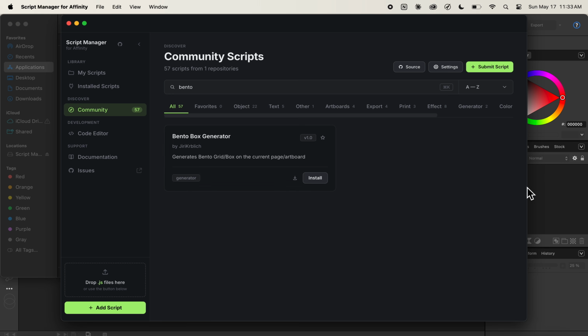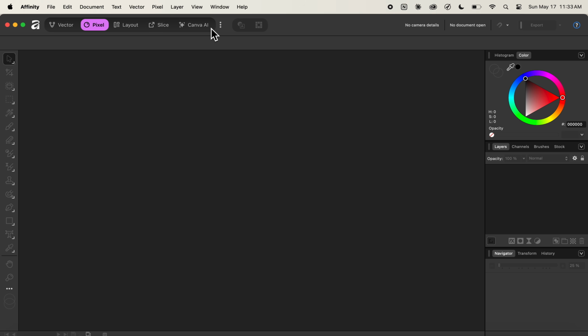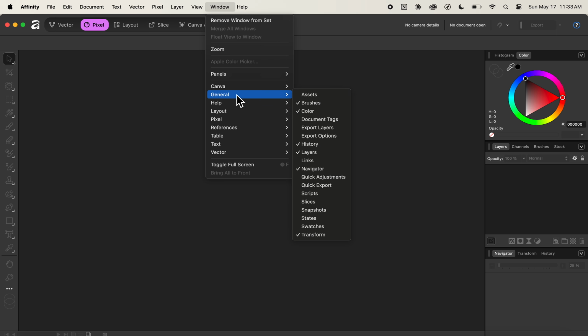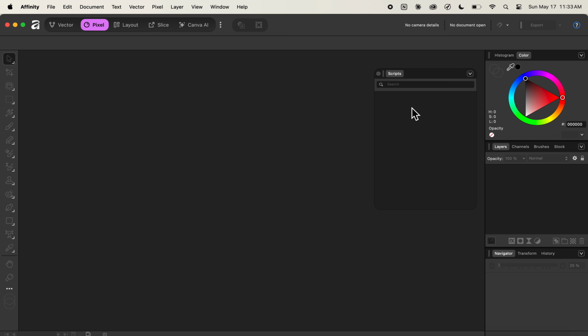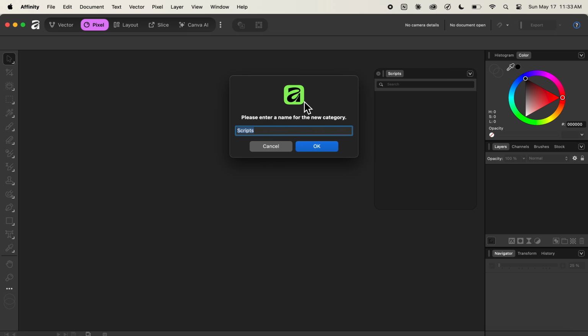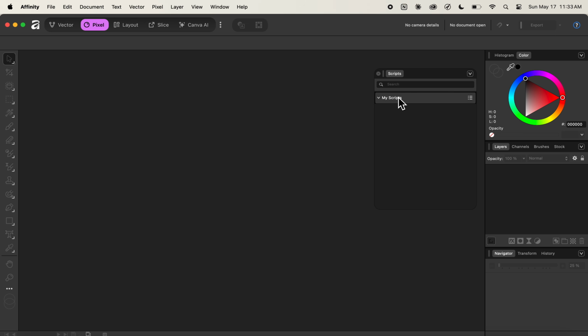But before that, make sure that we have already created a category inside of the script panel. So in order to create the category, I'll click on the Windows menu item at the top, navigate below and select General and select Scripts from this option right here. And inside of the Scripts panel, I'll click on this icon at the top right corner and click on Create New Category. Now let us type in the name of our category. So I'll simply type in My Scripts and then click on OK to create a new My Scripts category